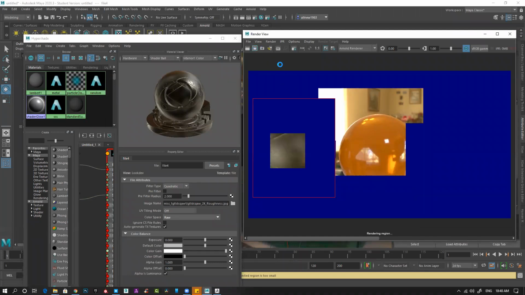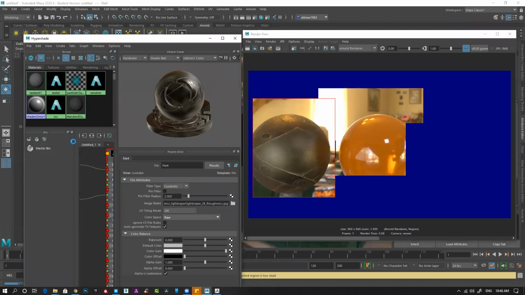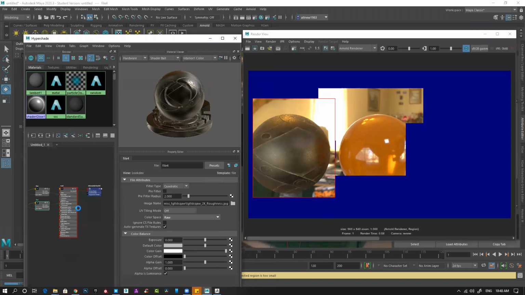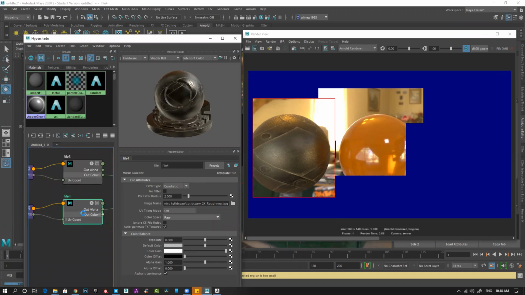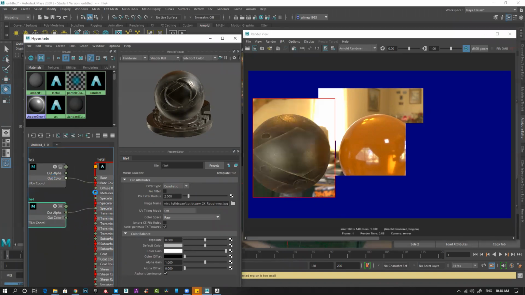So now you can see instantly the result is changed. Now you have this reflection. Previously it was way too shiny. This time it's generating everything based on your map, whatever input you're giving from your map. So here you can see I applied roughness to specular roughness, color to color.